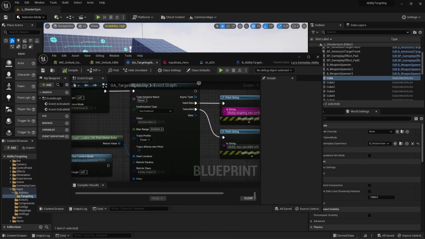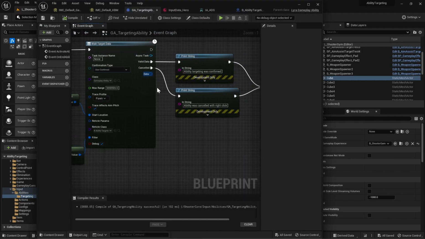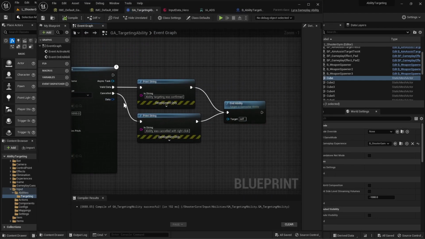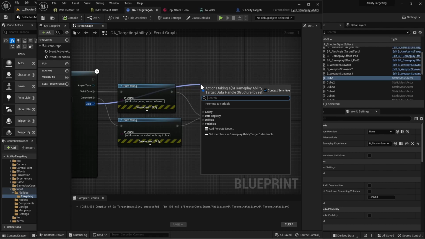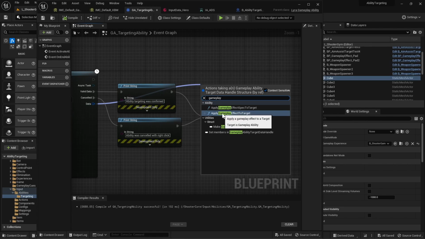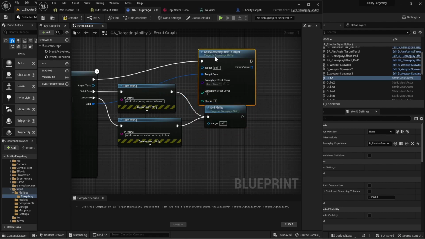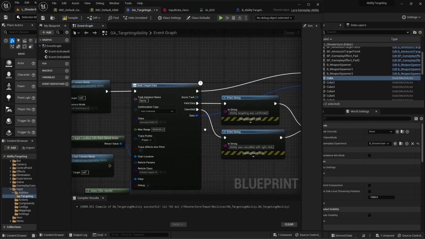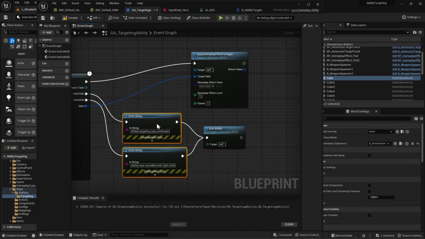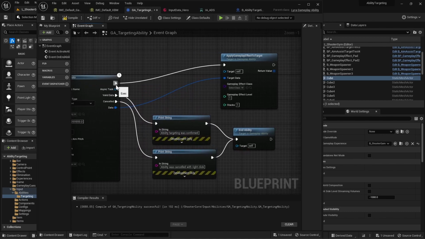Navigate back to your gameplay ability. And then when we have valid data, we can use the data directly to apply gameplay effects. So there's one gameplay task node that's called apply gameplay effect to target. So we can just click that and it will apply a gameplay effect to whatever target data there was. Let's make sure to hook that up not right after here, but when you have valid data. So hook this up, unhook this here,